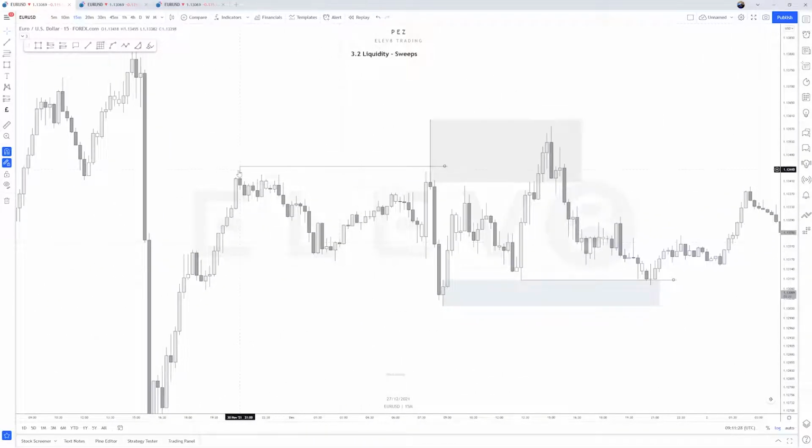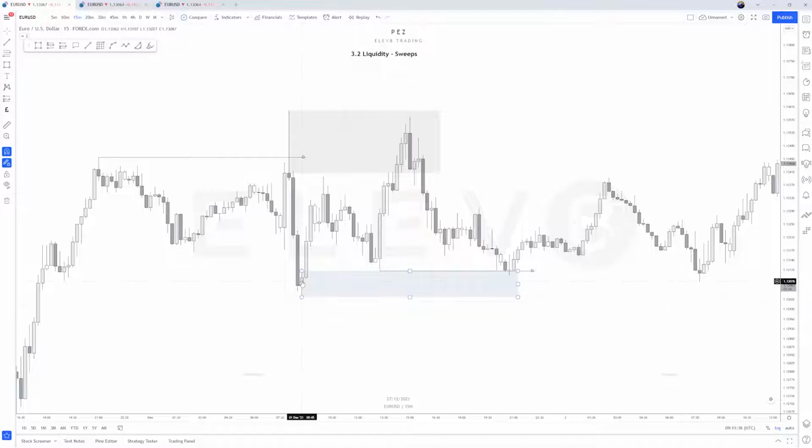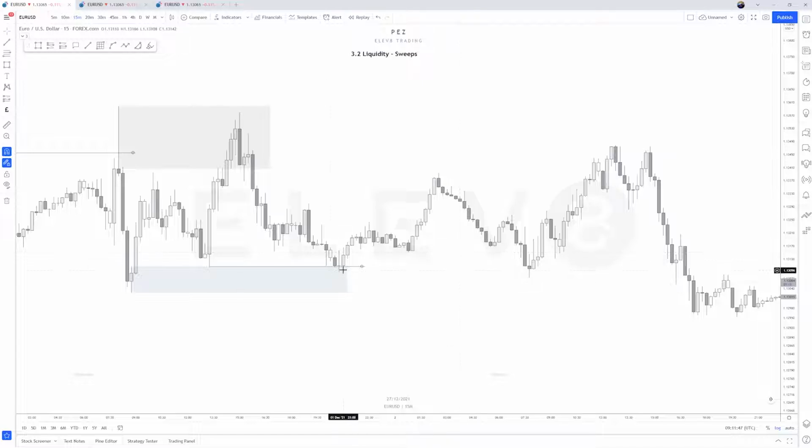Here you can see we have this high created, we get a sweep of that high, price comes back and mitigates the sweep before moving down into this demand here. So there was an initial tap in here, which then gets swept, and this liquidates all of the early buyers here before moving off. And then we actually get another sweep here. So we've got a double sweep,